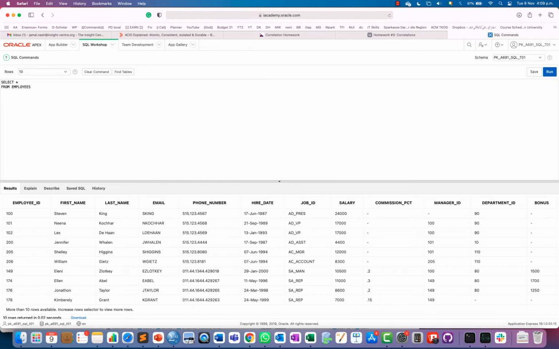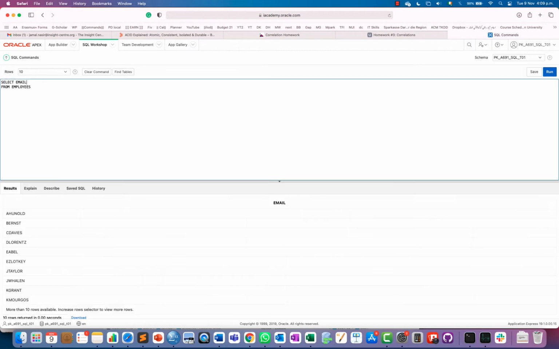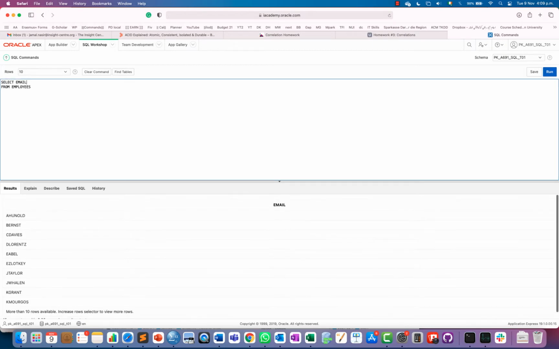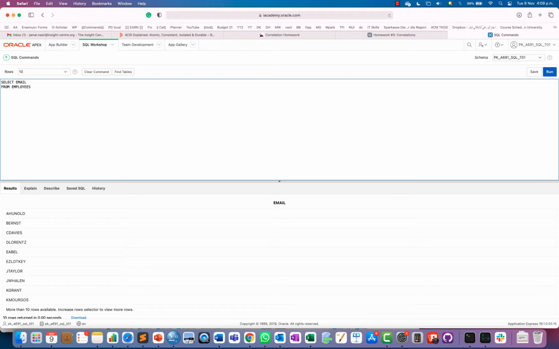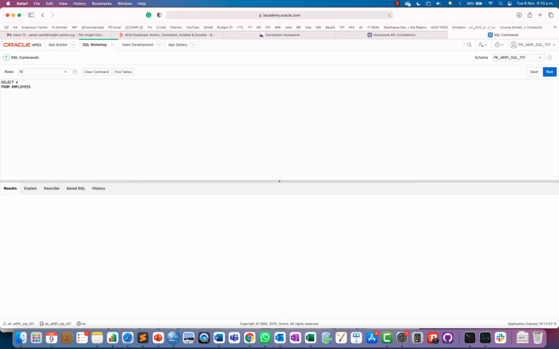Usually in the system we only write the attributes that we want to show. So for example, I only need email addresses of all employees, right? I can run this, and these are the email addresses. But obviously I can get some other information as well.